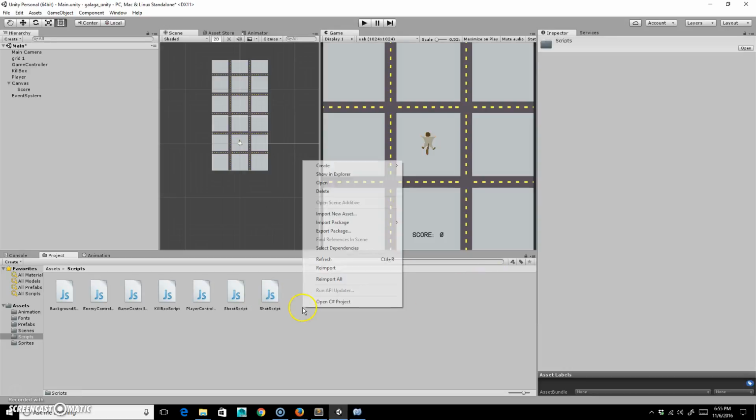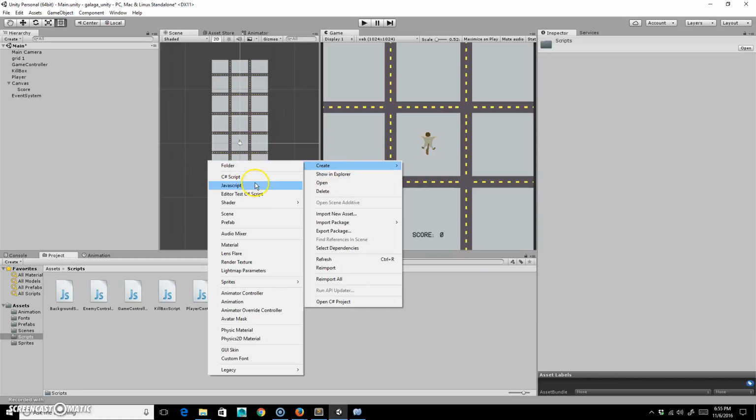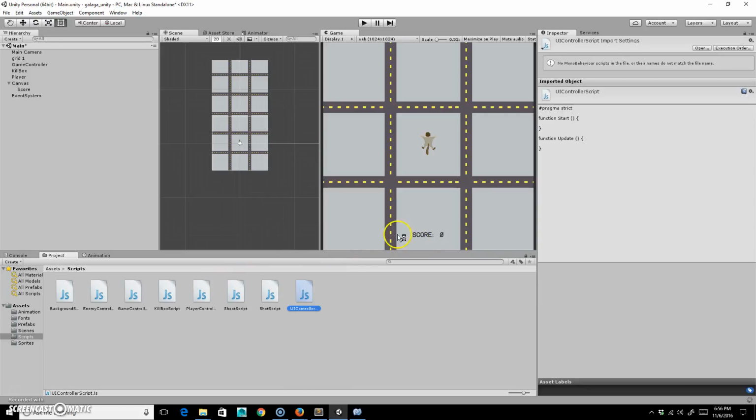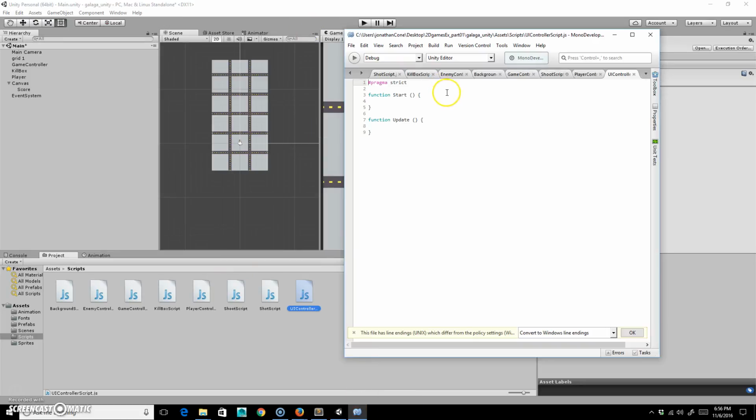called UI controller. So I'm gonna create JavaScript and we're going to call it UI controller. And this is basically a script that is going to control our UI elements. So this thing here. All right, open this up, and because this is going to do UI stuff, I'm going to import UnityEngine.UI. This needs to be done in order to interact with the UI elements, the user interface elements,